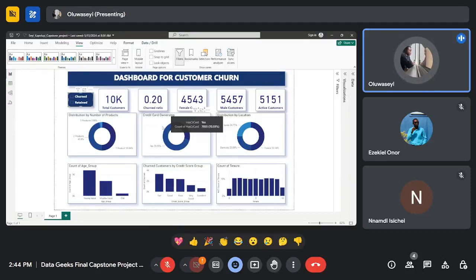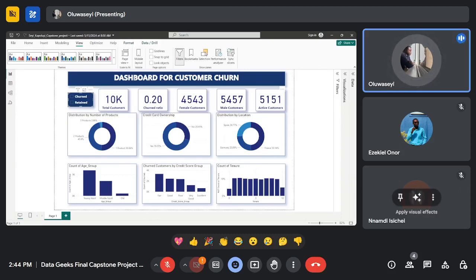Overview of what this dashboard has, without using my slicer yet. So we can see clearly that we have a total of 10,000 customers. And of these 10,000 customers, the churn ratio is 0.20. In percentage, that is about 20%, which is a lot, because if you are looking at churn ratio, then you would